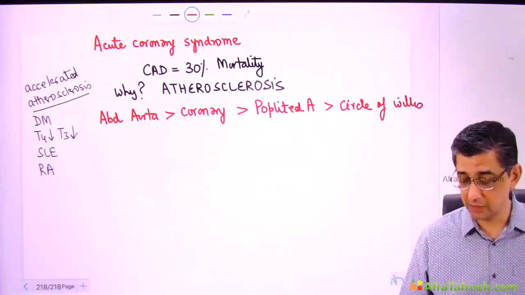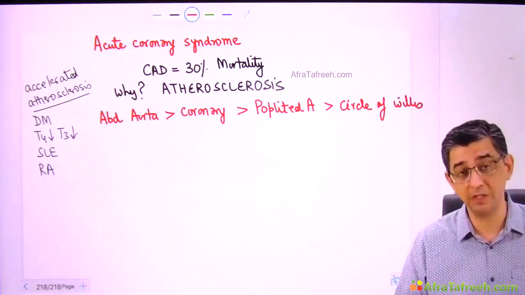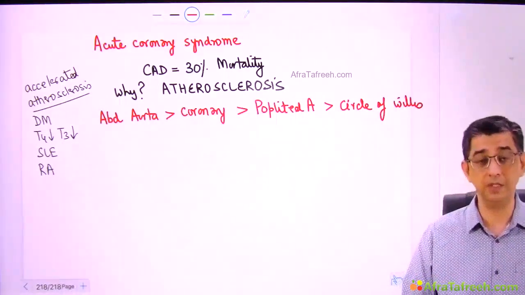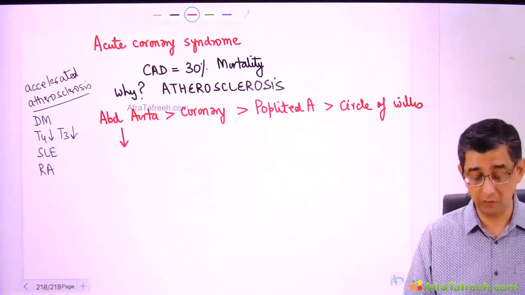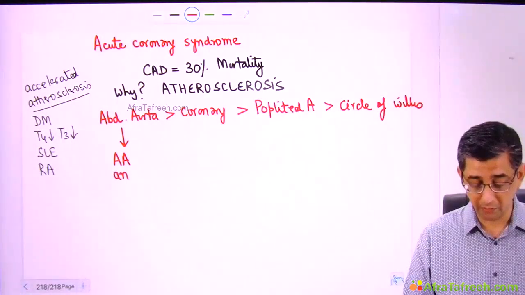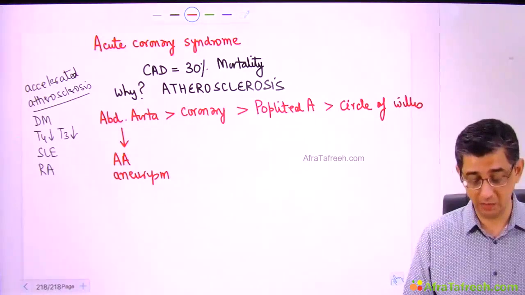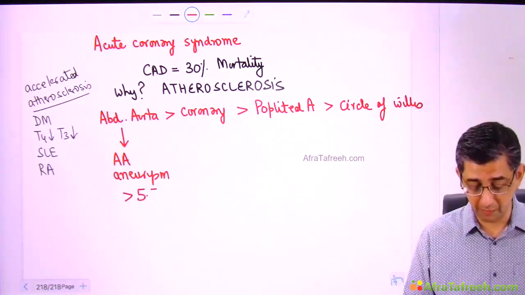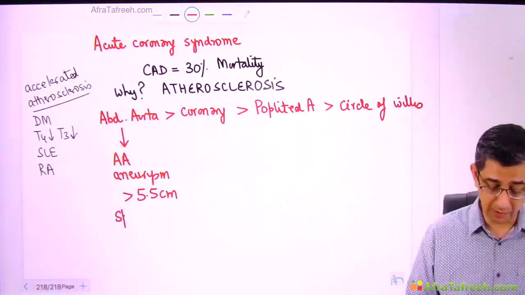to the circle of Willis can be involved, which explains why transient ischemic attack or stroke manifestations will occur. Please appreciate the fact that if the abdominal aorta is involved, then most of the time the bad news will be in the form of an abdominal aortic aneurysm. And you know from your surgery classes that if the size of this one goes beyond 5.5 centimeters, then God help this guy, because there's a possibility of a spontaneous rupture.